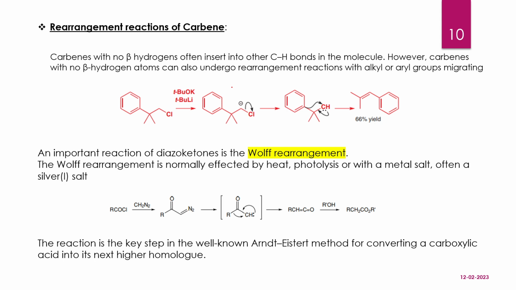Here the carbene is not added to an aromatic ring. Here is a different kind of reaction. In that one, carbene was getting added to an aromatic ring, then rearrangement was happening. Carbenes with no beta hydrogen often insert into the CH bond in the molecule. However, carbenes with no beta hydrogen atoms can also undergo rearrangement reaction with alkyl and aryl groups. When alpha elimination happens, first deprotonation, then halogen removal, a carbene will generate. It involves a rearrangement where the aryl group has high migratory aptitude,